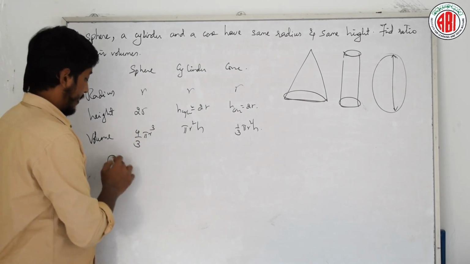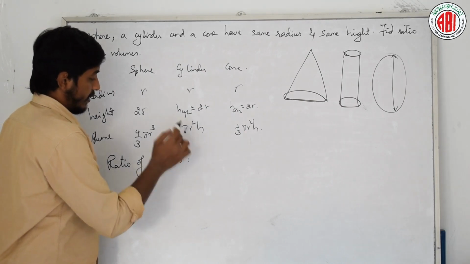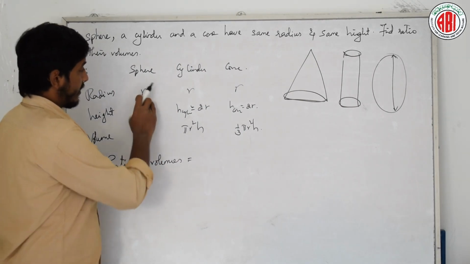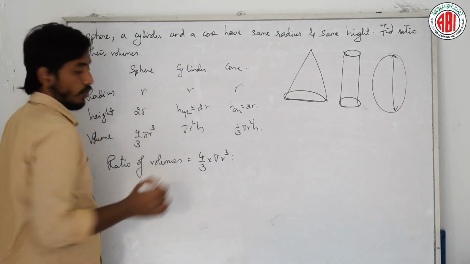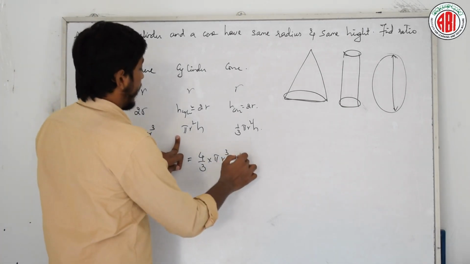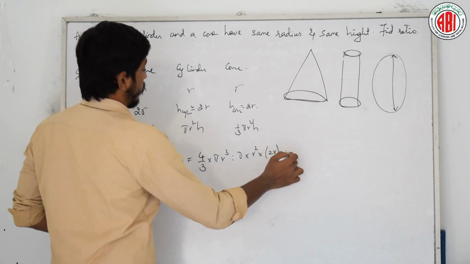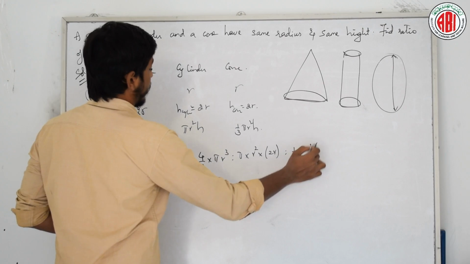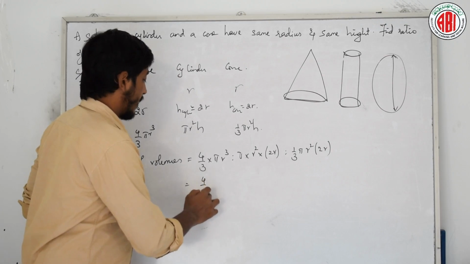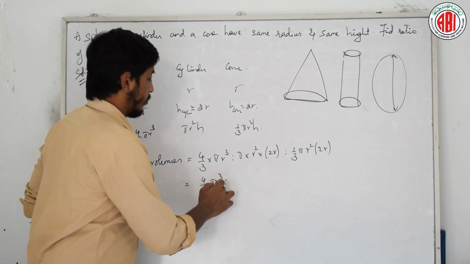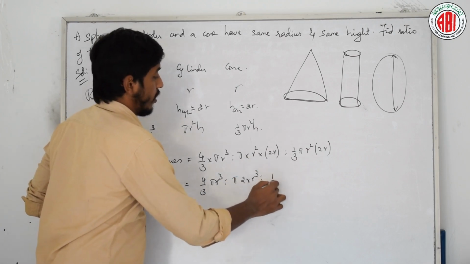Just check. The ratio of volumes is equal to, here tell me what is the radius here? R, that is 4 by 3 pi r cube is to, okay, here pi into r square into, what is h? h is 2r, is to 1 by 3 pi r square into 2r. Okay, just simplify it. 4 by 3 pi r cube is to pi 2r cube is to 1 by 3